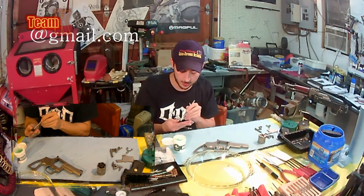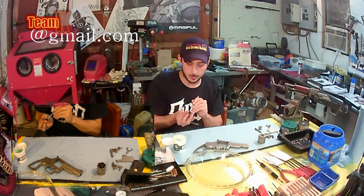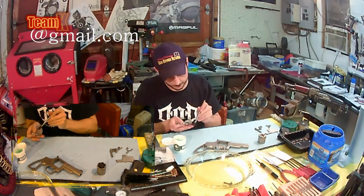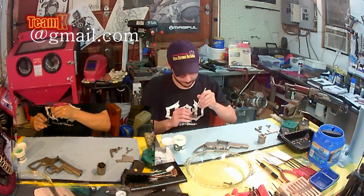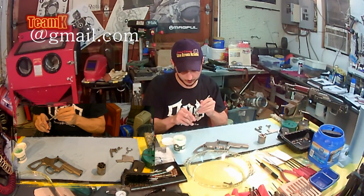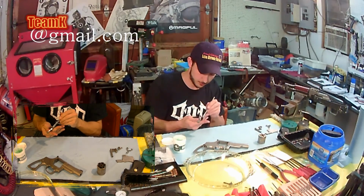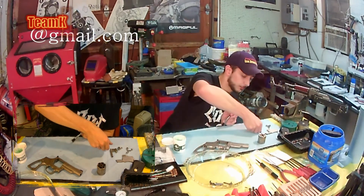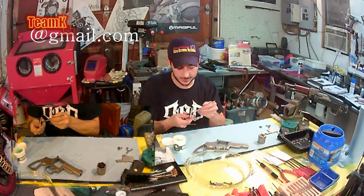Put your ejector here, and you want to pay extra close attention to any of these parts that are internal and move. Here's our hammer. You get inside of your bores. On your sides. I mean, this is the only time you'll ever hear me talk about being liberal. Be liberal with putting this on. I mean, you don't want it caked, but